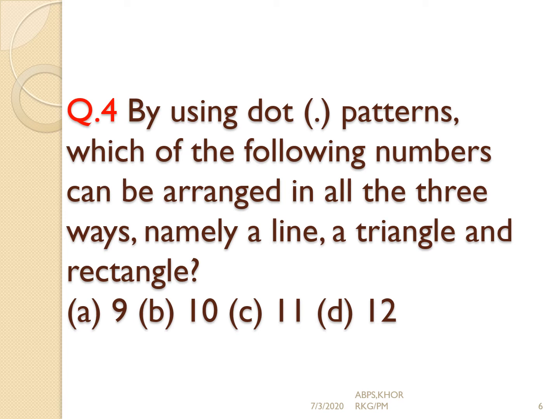Now coming to the number 11. 11, is it possible? No, 11 cannot be shown as a rectangle. Then 12. 12, is it possible for 12? Yes. 2 rows of 6 dots or 3 rows of 4 dots or 4 rows of 3 dots or 6 rows of 2 dots. Various ways we have. Now it means 11 is not going to be shown as a rectangle, so it is out from the race. Now we have to choose from 9, 10 and 12.